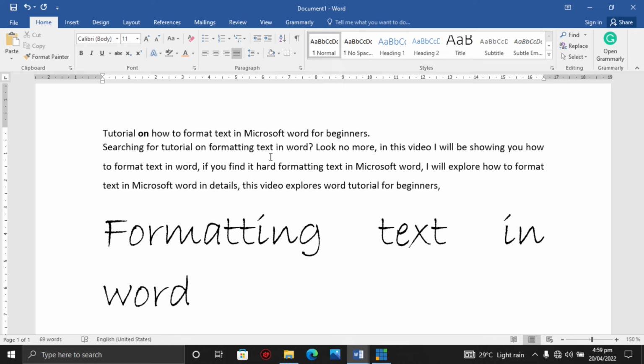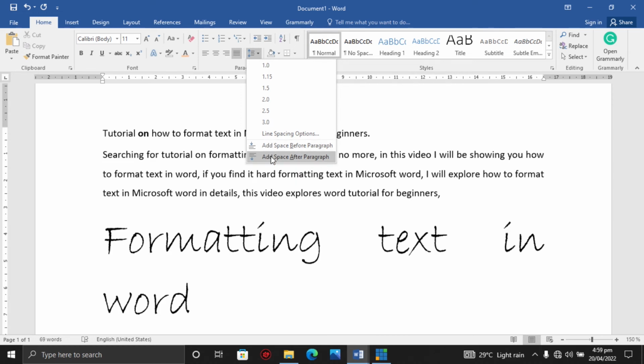Now you can hardly differentiate that you have a paragraph here. So by adding a paragraph space, what do I do? I go to add space after a paragraph. So after this paragraph, there should be a space, which is this space, before the next paragraph. So that's how we use paragraph and line spacing, right?